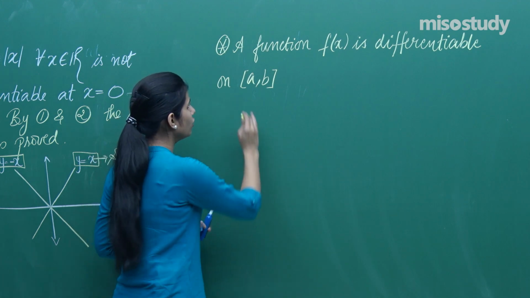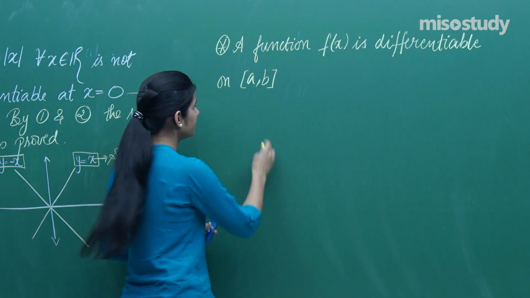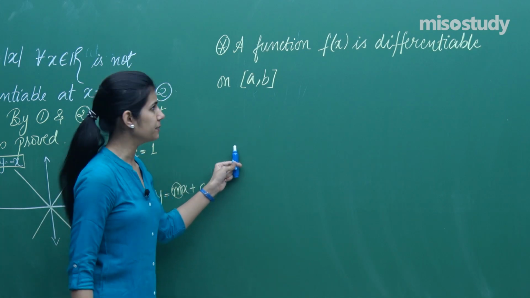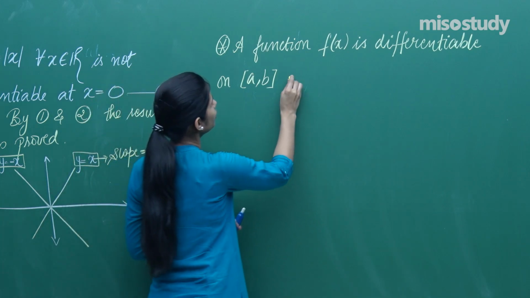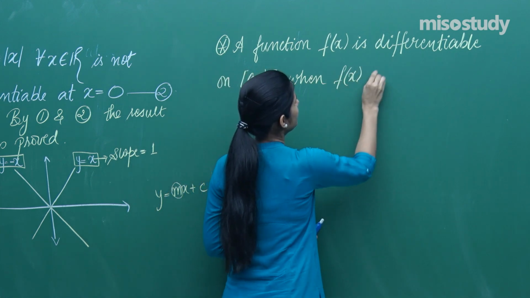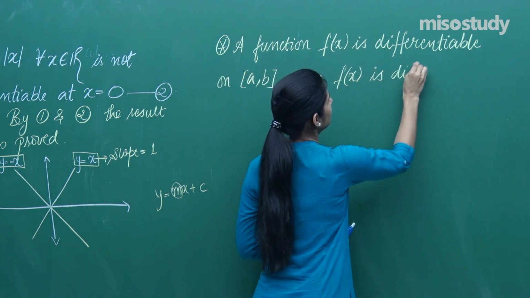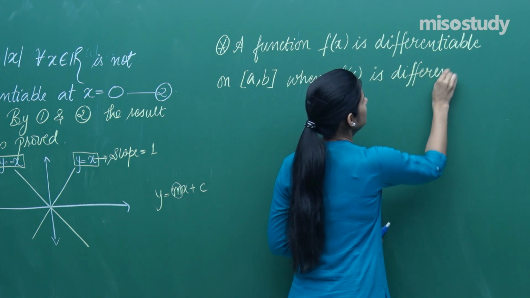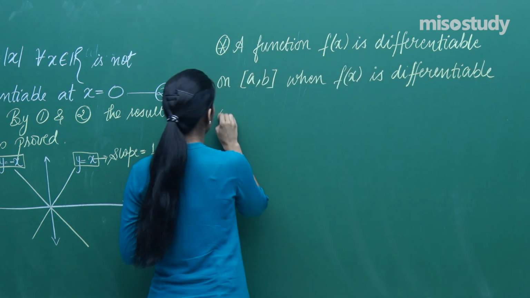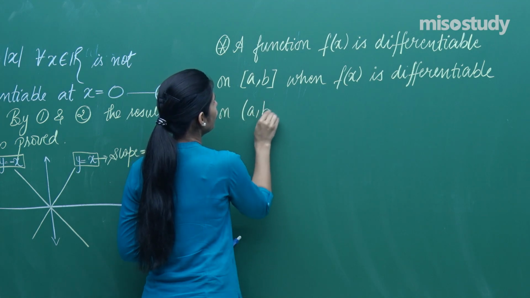Now see, why is there a problem over here? Or basically let me write the statement, then I'll explain you the meaning of the statement. A function f(x) is differentiable on [a, b] when f(x) is differentiable on (a, b)